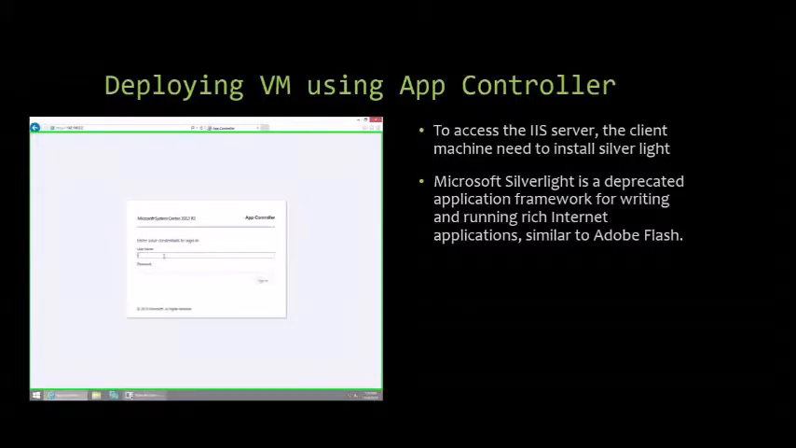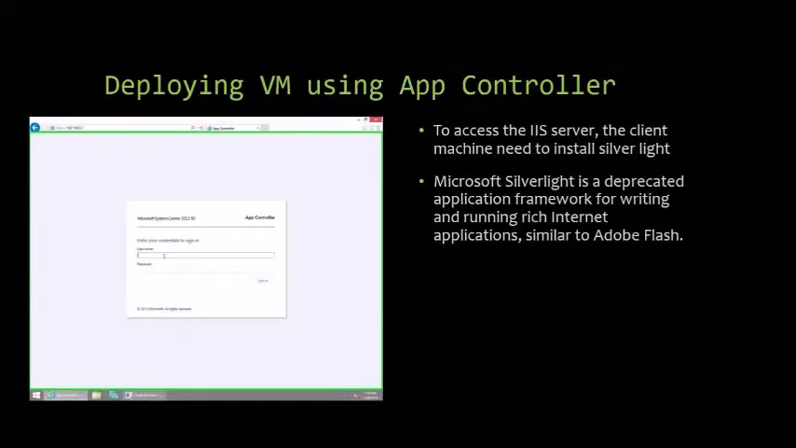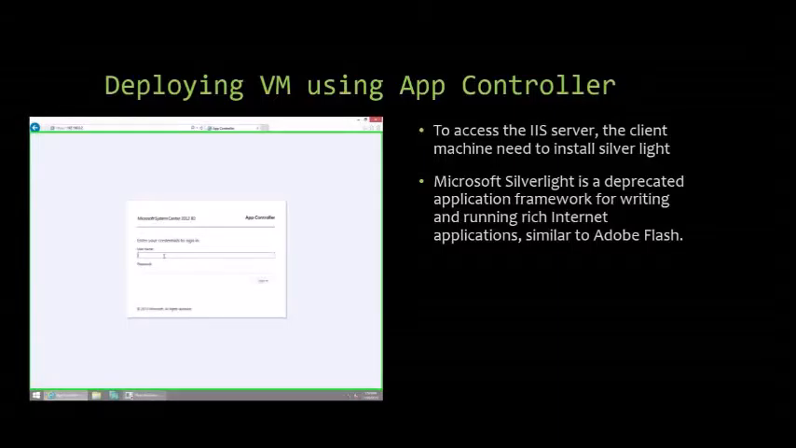but first you need to install Silverlight. Silverlight is a deprecated application framework for writing and running rich internet applications, similar to Adobe Flash. So it's done, which is pretty much basic. Like next, then you just have to log in with credentials, because we created like 10 users in our domain, so we just have to use that account given and the password,